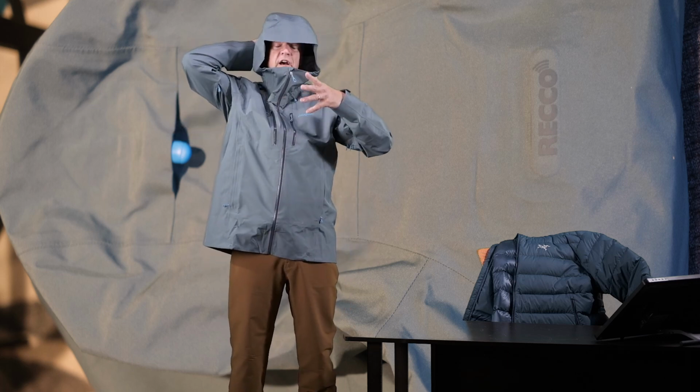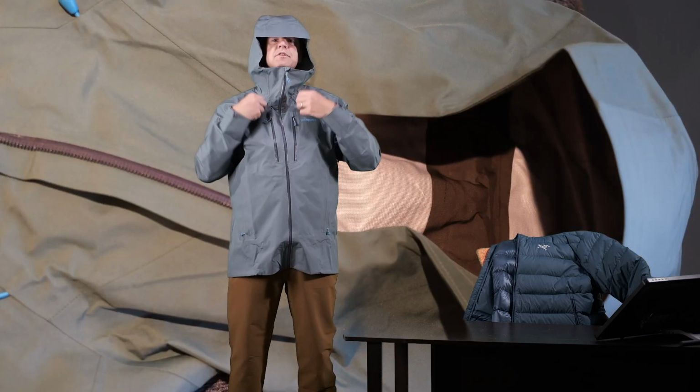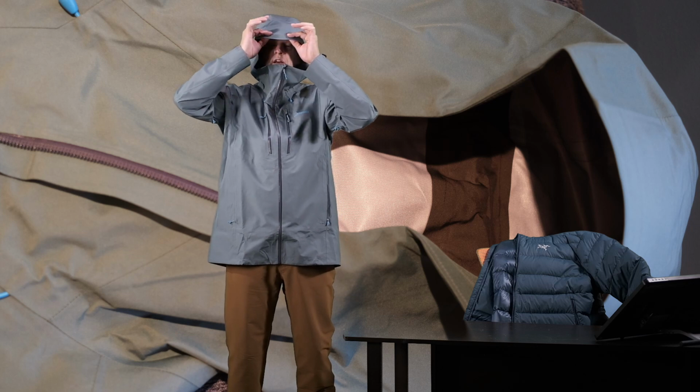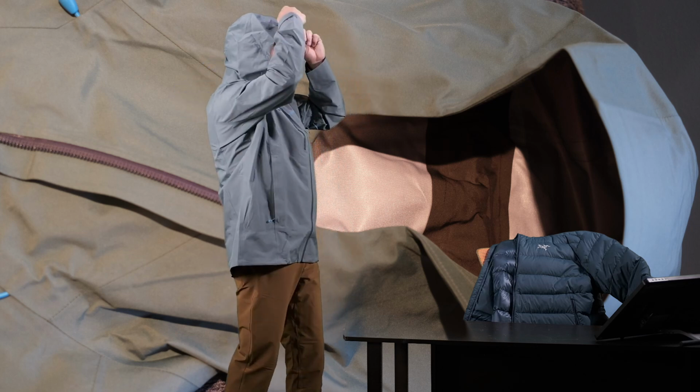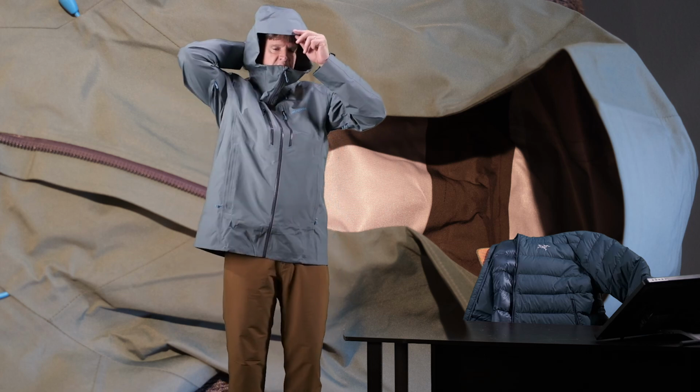So if you're not wearing a helmet, you can pull this up with the cinch in the back and the two strings in the front that pull around the front. It has a nice durable brim on the front that allows the water to run off so it doesn't drip in your face. And on the very back,